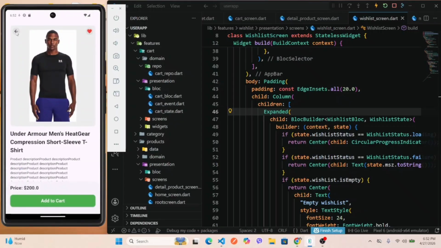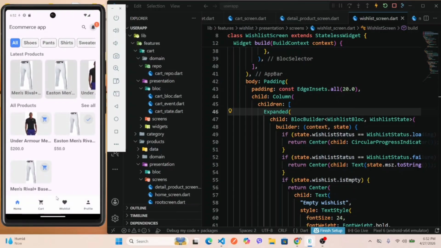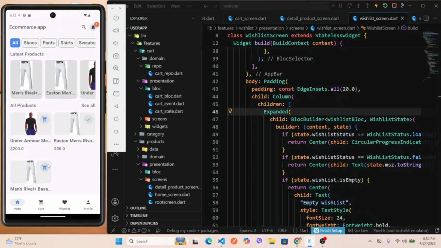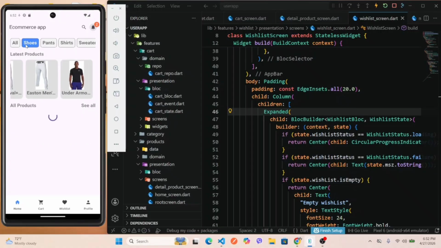And add product to wishlist. Okay, it will go. Let's add it to the wishlist. You can clear all. So product by category,